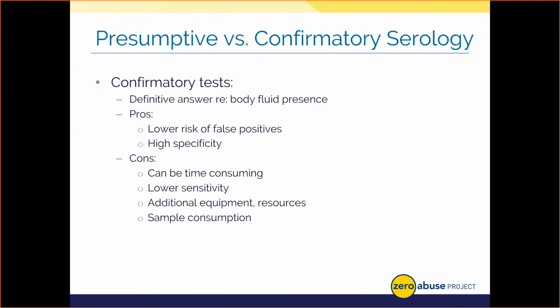If we have a positive result from a presumptive test, assuming we have plenty of sample to run the gamut of body fluid tests, that is, we will engage in a confirmatory test whenever possible. Note that some body fluids do not have confirmatory tests available. As the name indicates, these tests simply verify the presence of a body fluid or tissue. Confirmatory tests have a lower risk of false positives and are very specific for a given body fluid target, making them an ideal follow-up for homing in on what body fluids you're dealing with on a given item.